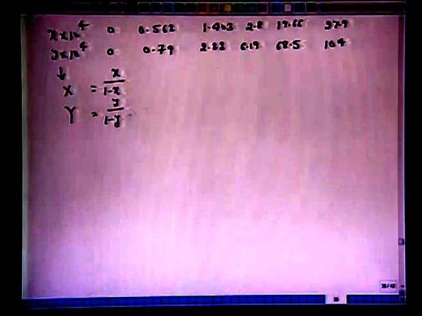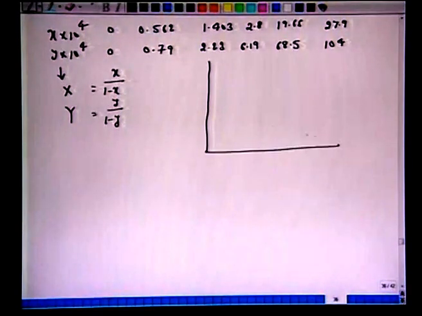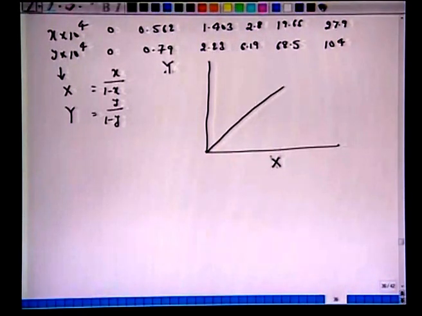So, this x in 10 to the power 4, all it means, I leave this as an exercise, you calculate capital X and capital Y as x over 1 minus x, y over 1 minus y, and based on this you should be able to draw this equilibrium curve, x and y, and if you draw it carefully you will see that there is some convex down here. So, there is some possibility of pinch occurring somewhere here. So, you have to be very, very careful when you draw these curves here.